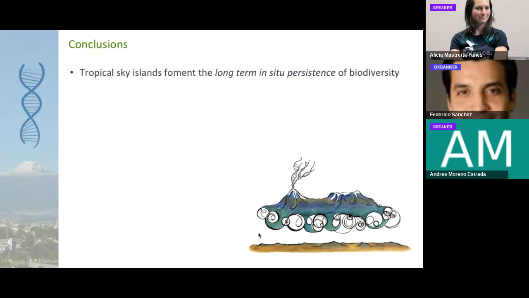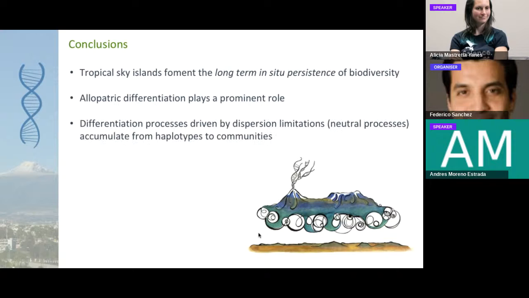First, tropical sky islands foment the long-term persistence of biodiversity, that is, populations can persist within the same mountain during glacial and interglacial periods. Then allopatric differentiation plays a prominent role because as populations are isolated in these mountains, they keep differentiating from populations from other mountains, even if they can be in contact during the glacial periods. And finally, differentiation processes, which are driven by dispersal limitations, which are neutral processes, can accumulate from the haplotypes to